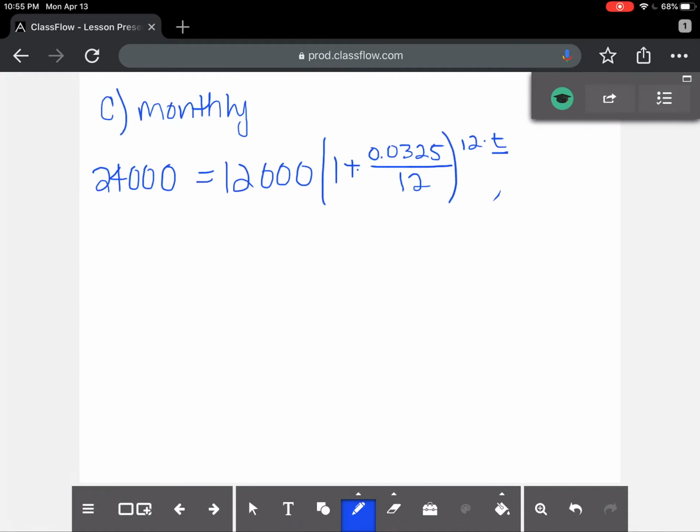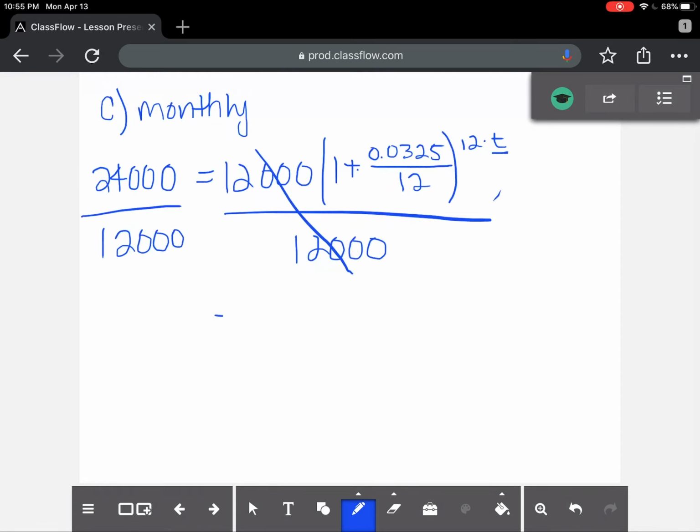Okay, let's simplify this a little bit. Let's divide both sides by 12,000. You don't have to do this, but it'll be easier. You will find your line a lot easier if you do this. So let's divide both sides by 12,000. These will cancel out, and you'll just be left with 1 plus